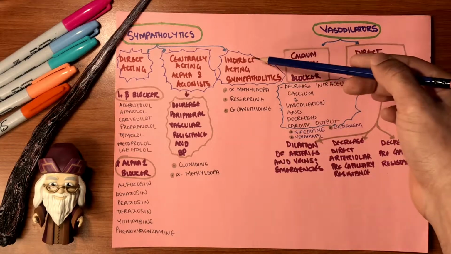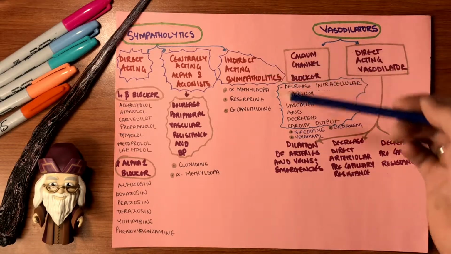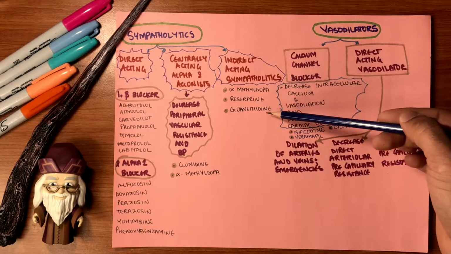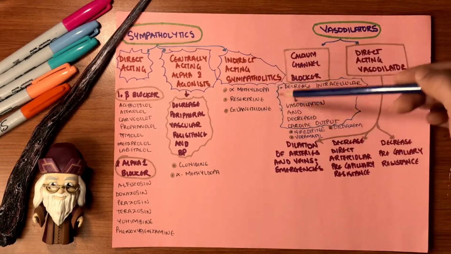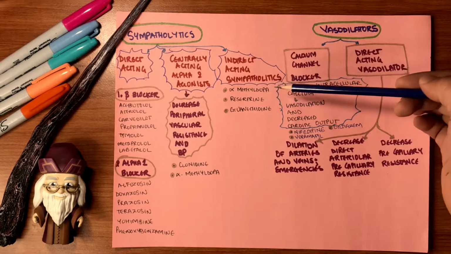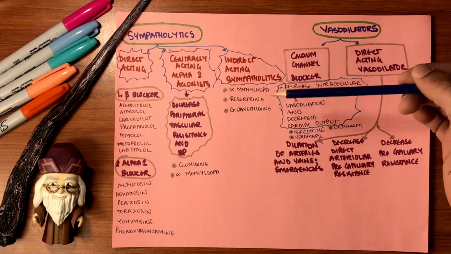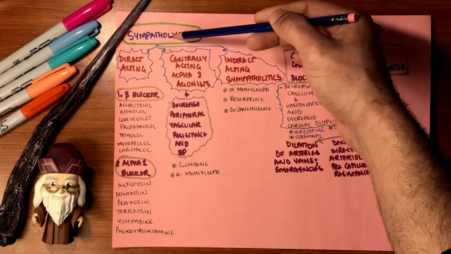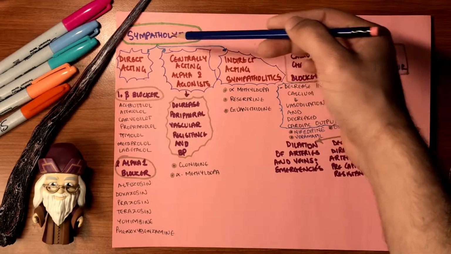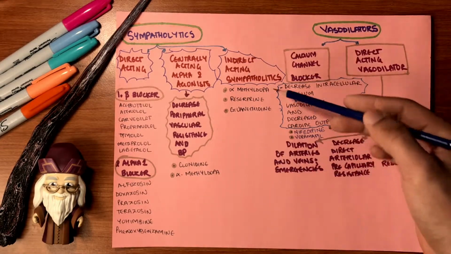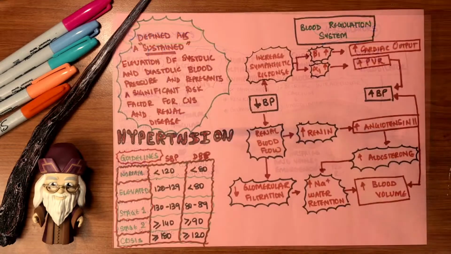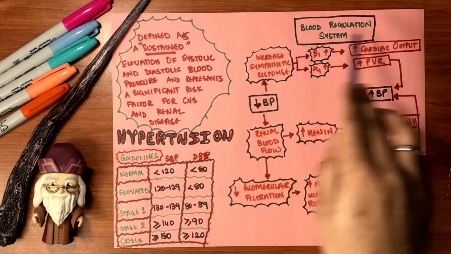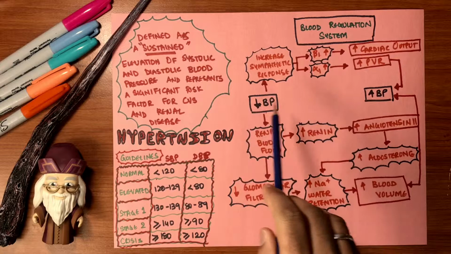Third group, indirect acting sympatholytics. Alpha-methyldopa, reserpine, and guanethidine. These act on the synapse through which the neurotransmitters of the sympathetic system work on the adrenergic system. Again, same video. Now, I'm going to bring you back to this for a second, the blood regulation system, where